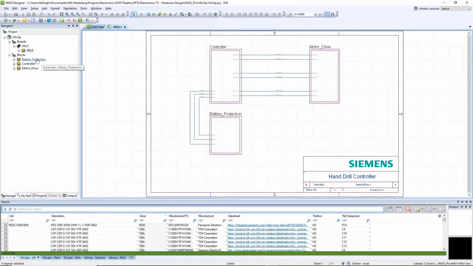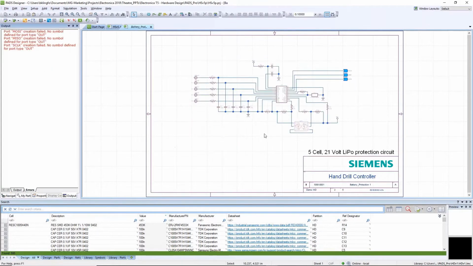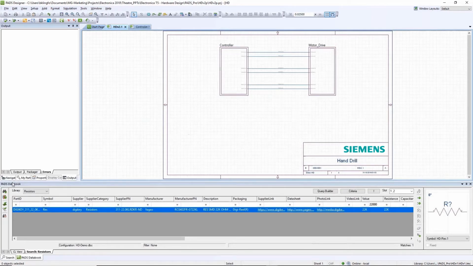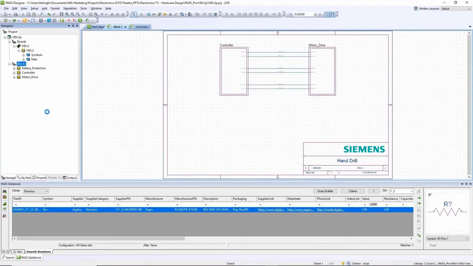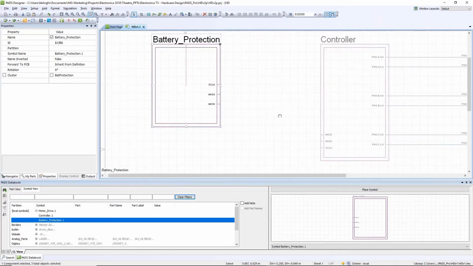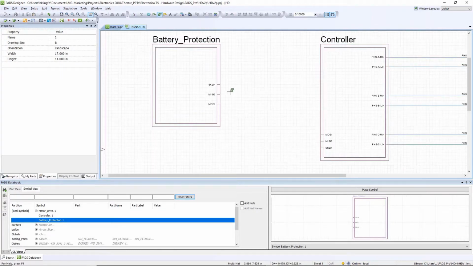Next, we want to reuse some design content from another project. So with that project open, we'll expand out the block section, right-click over the circuit that we want to use in our current design, choose Copy. We'll go back to our current design, right-click over the block section, and choose Paste. The symbol for that block is copied over with the schematic, so now we can go to the Library tab on our Databook window. From the Local Symbols section, we'll find that block, and we can now drag it onto